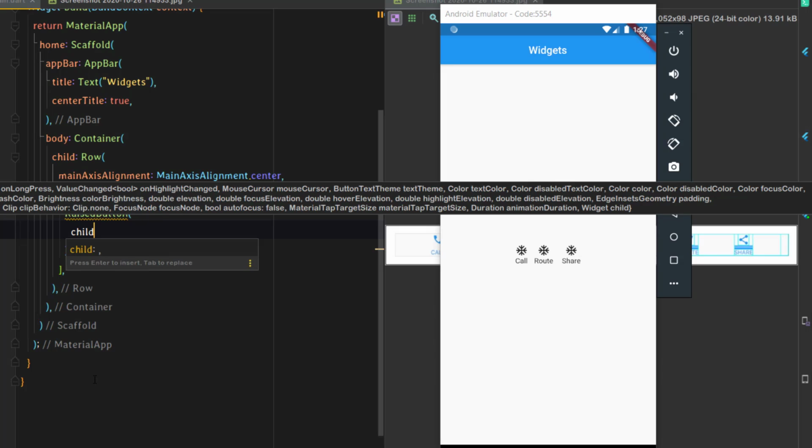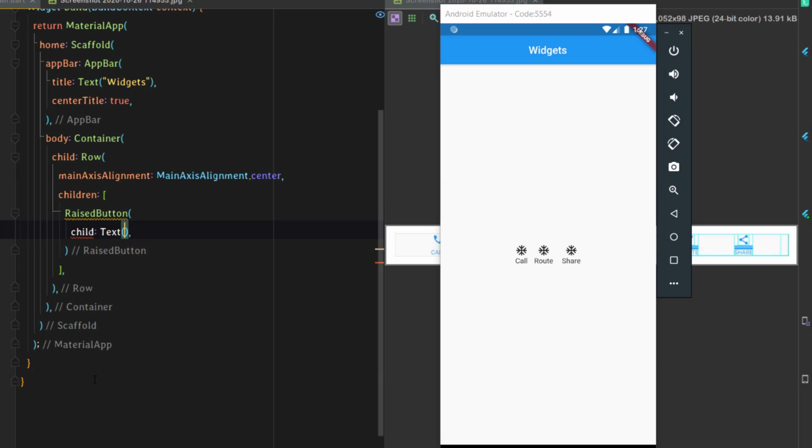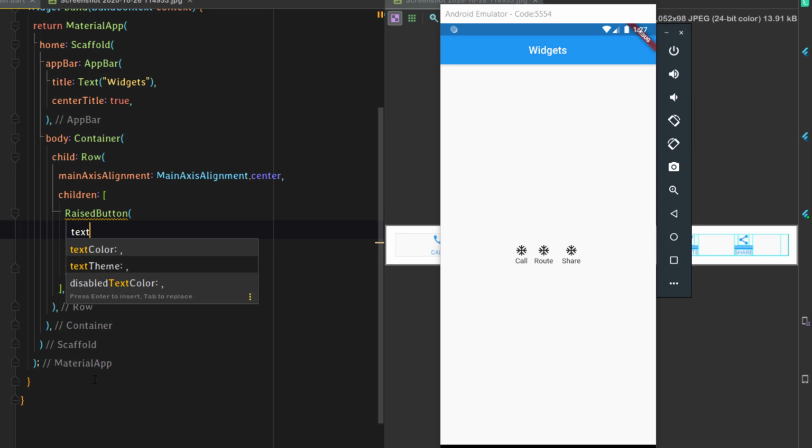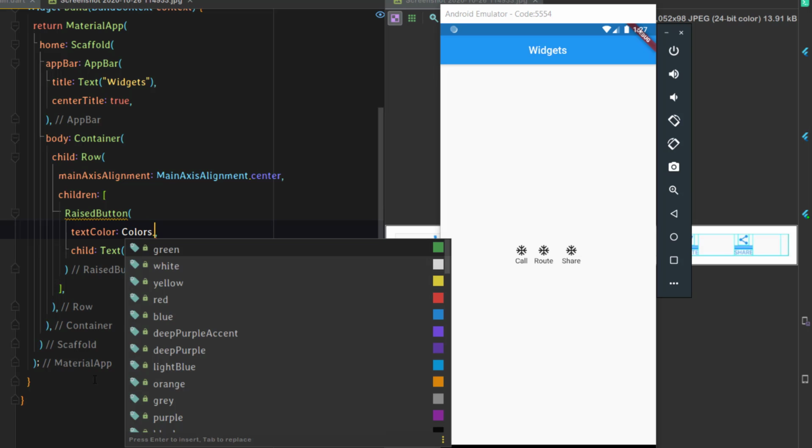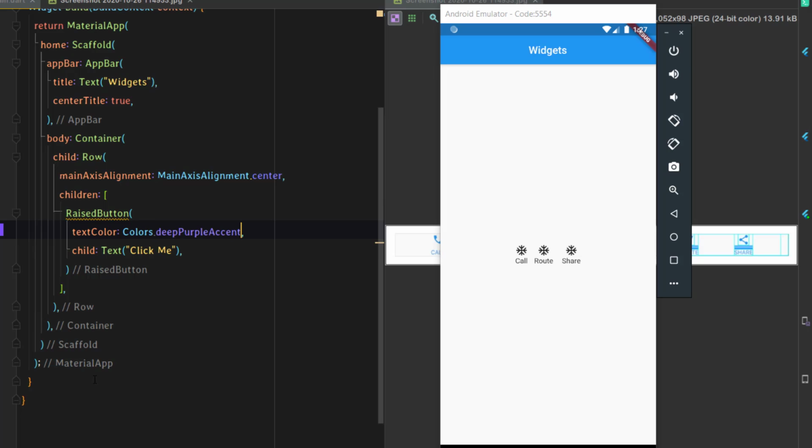Child text saying click me. Now if we want, we can add the color for this text. To do that, just add the parameter text color and just add colors dot purple maybe. Just save this.